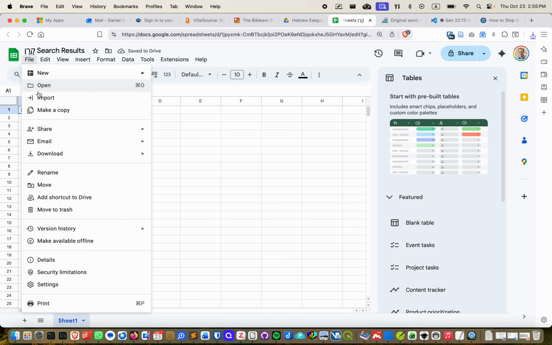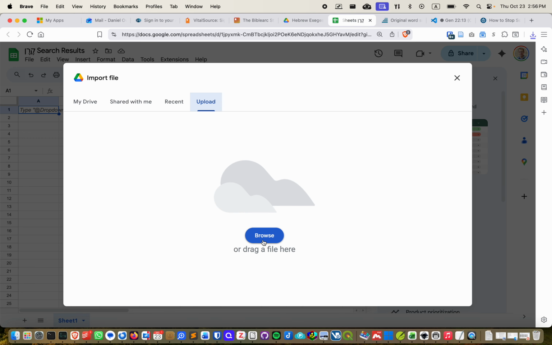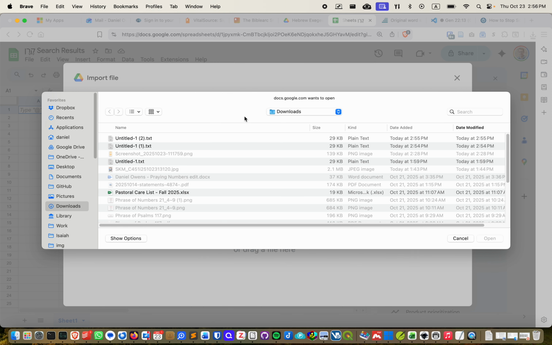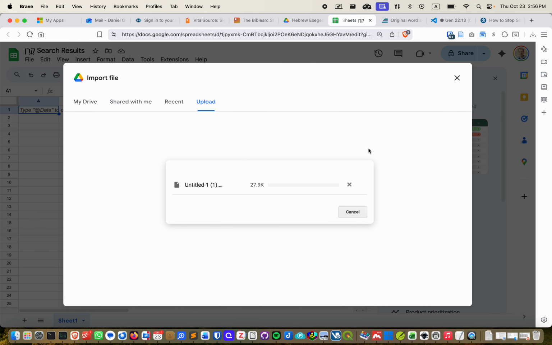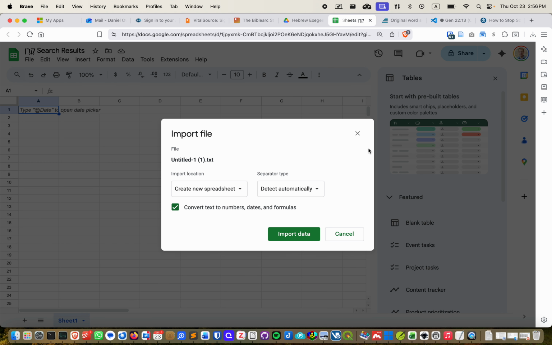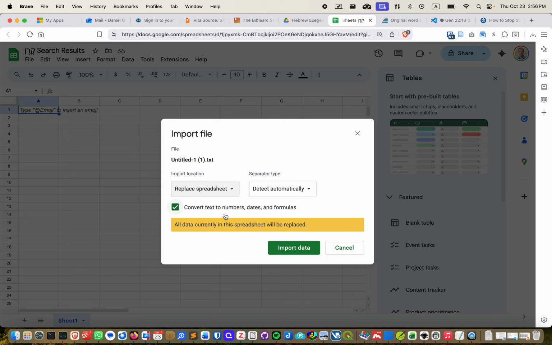Then we click File, Import. Now we're going to have to upload our file, so we're going to browse until we find that file. I click Open, and it's going to upload the file, and now we have to make a decision. Do we want to insert or replace? So we're going to go ahead and replace the spreadsheet because there was nothing in that file that we created